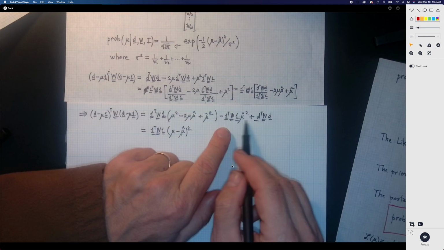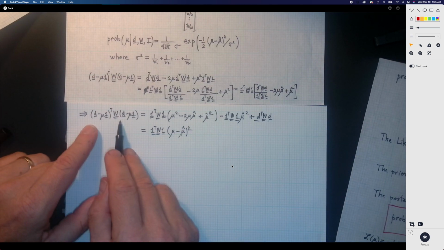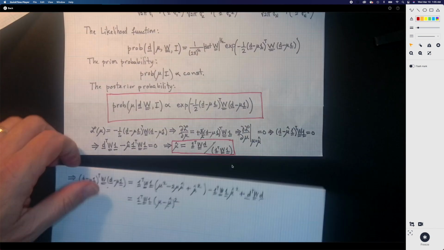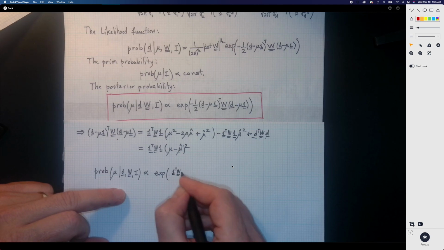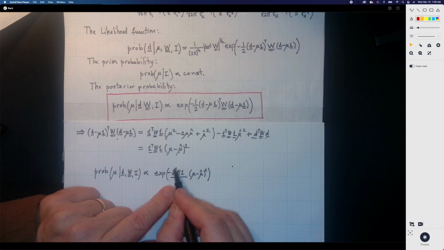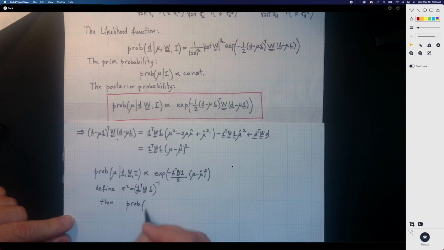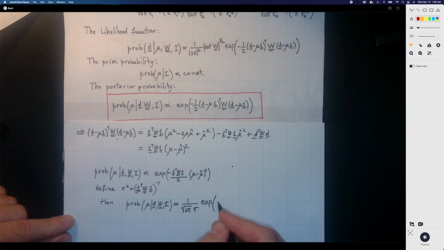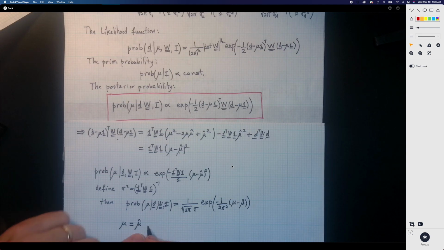And this part, I could try to complete it, but since it doesn't depend on mu, it's not going to be relevant for the posterior probability for mu. So therefore I just need this quantity, which is the one that appears up here in the posterior probability. So therefore, this is in the form of a Gaussian distribution, and so the standard deviation is the square root of this quantity, or the variance is this quantity. So if I define, and so the best estimate is mu is equal to mu hat plus or minus for the error bar sigma,